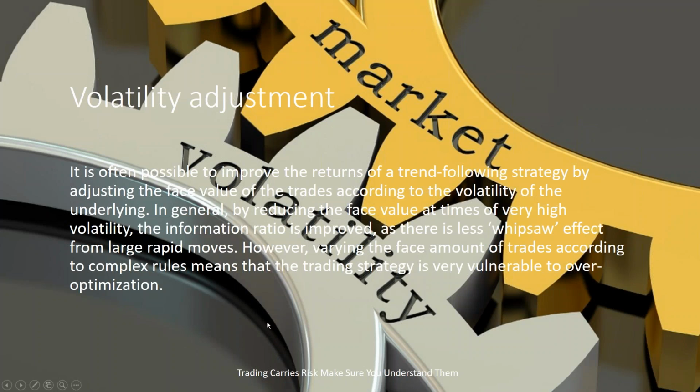But then you have to factor in market volatility. It is often possible to improve the returns of a trend following strategy by adjusting the face value of the trades according to the volatility of the underlying market. In general, by reducing the face value at times of very high volatility, the information ratio is improved, and there is less whipsaw effect, but for large rapid moves. However, varying the face amount of trades according to complex rules means the trading strategy is very vulnerable to